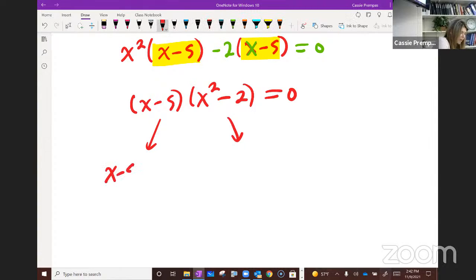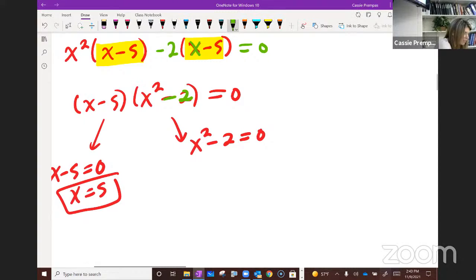So x minus 5 equal to 0. Do we know how to solve for x in this equation? The minus 2? Yeah, it came here. Yeah, I know. But when you're setting it equal to 0. Oh, we'll look at that. That's a good question. Okay, so here we get x is equal to 5. But now Haley's leading us to this other one. If we set x squared